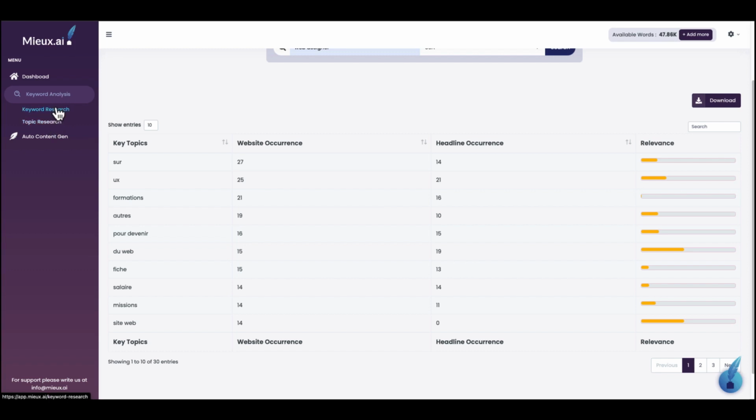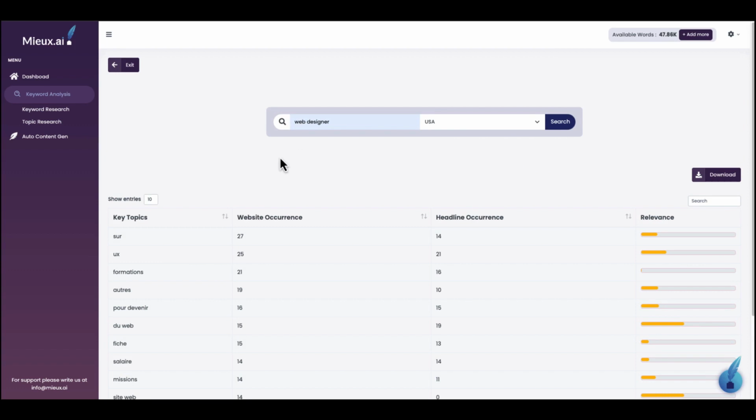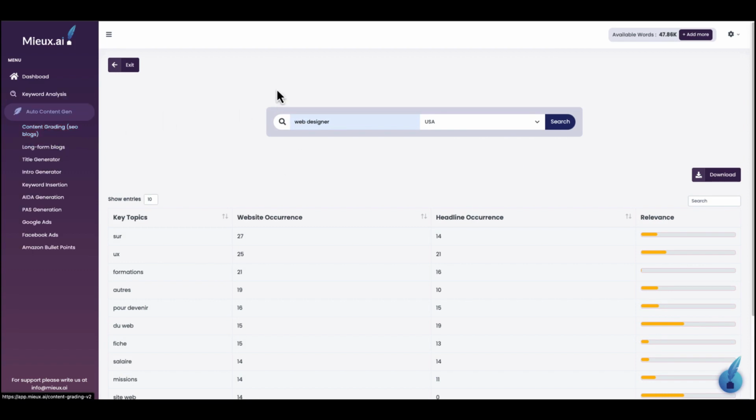And I believe they are giving this for free, unlimited. You could check it as much as you want, but they're taking it from Google Keyword Planner, and the topic research doesn't work anyway, so it could be free. So that's kind of a turn off right there. So yeah, that doesn't work. So far, not so good for this one.